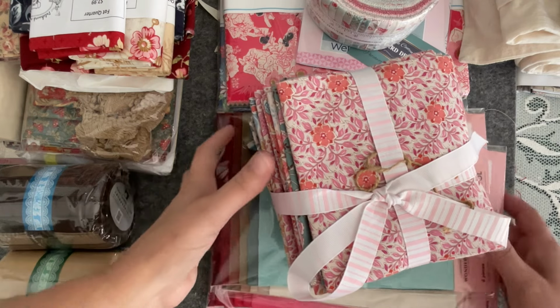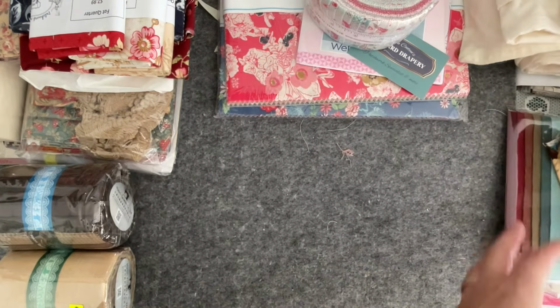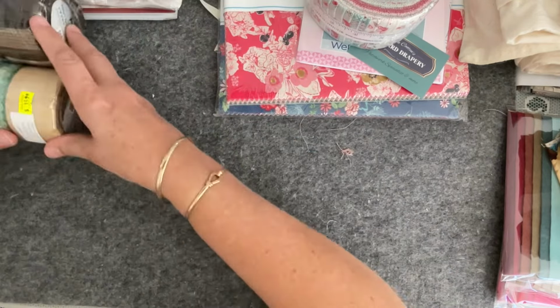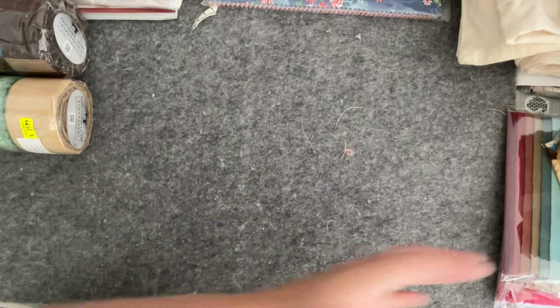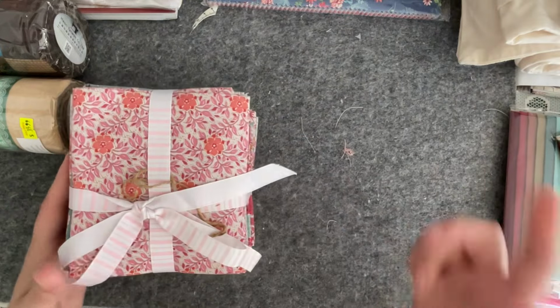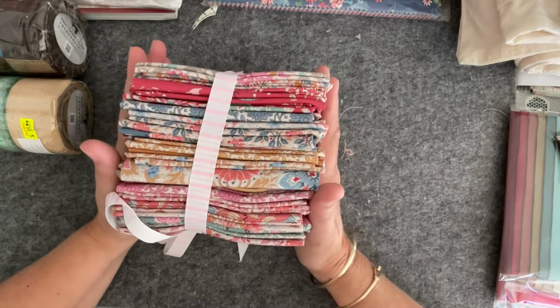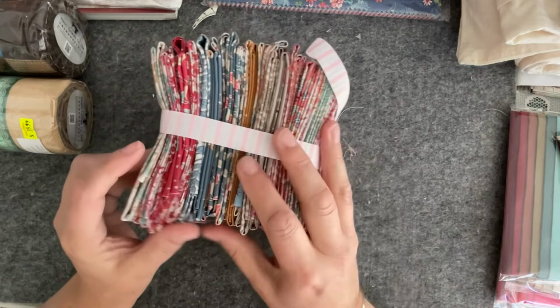So where will we start? We need to make a little bit of room. So we might start with actually the Harvey Bay. We'll go by order, and that way when you look at the video, if you missed it, you'll know where I was. So Dewdrop in Harvey Bay, picked up the pack of